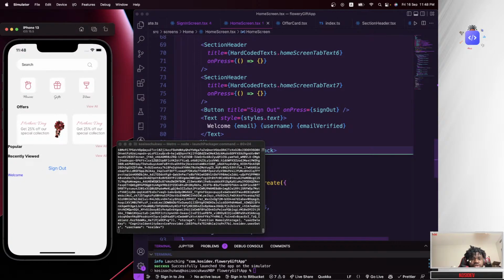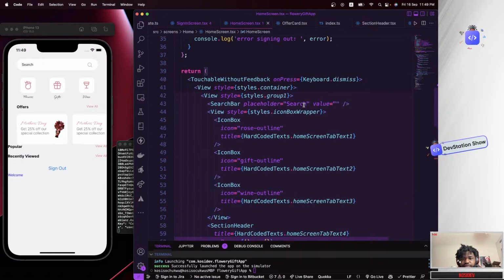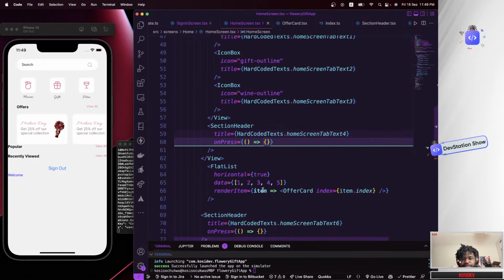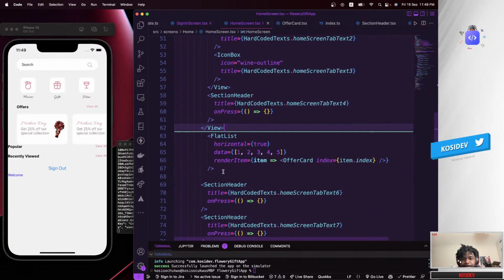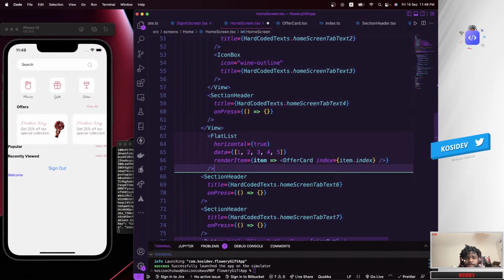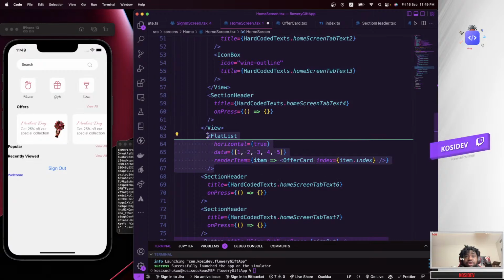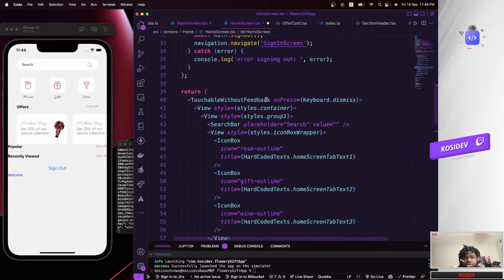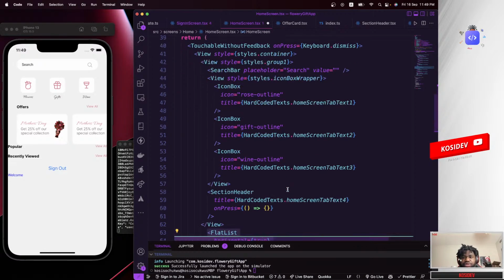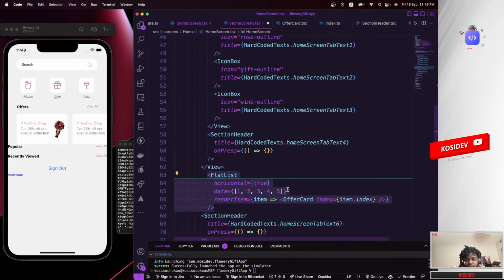Yeah, that still stops this from swiping. What if I wrap this? So now we know what the cause is, because this touchable without feedback disables any touch. So in that case,